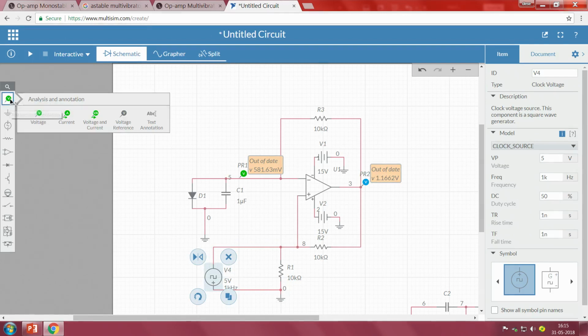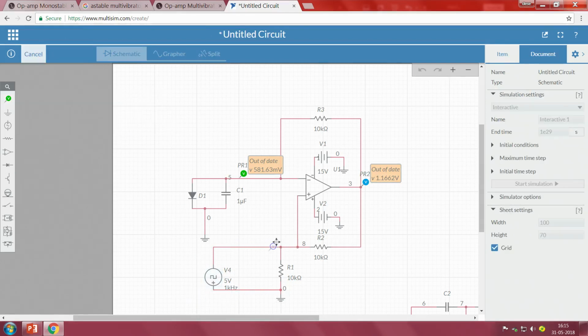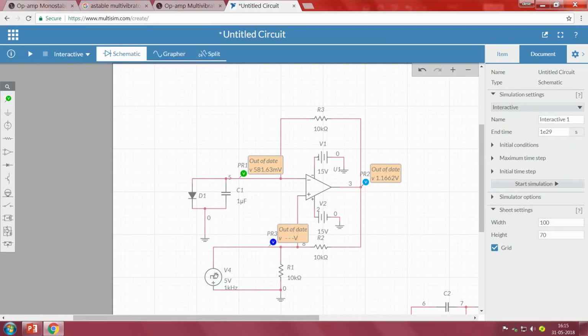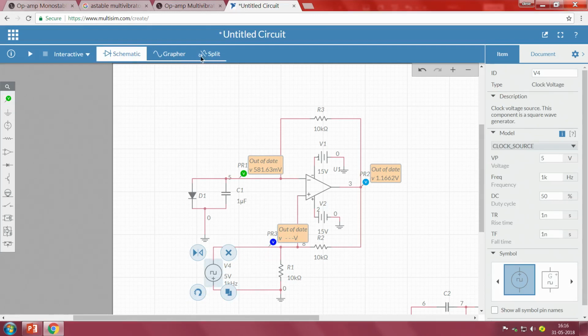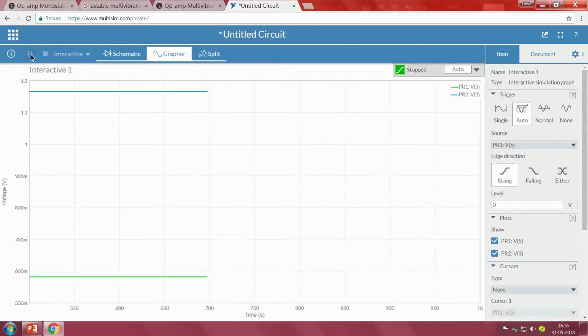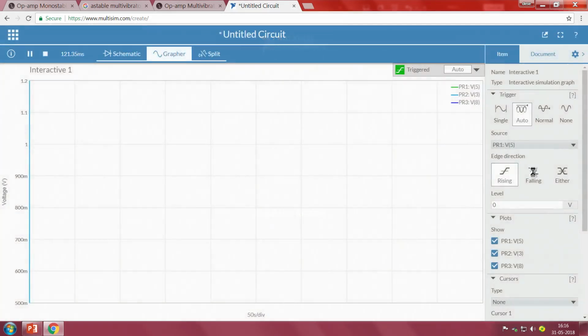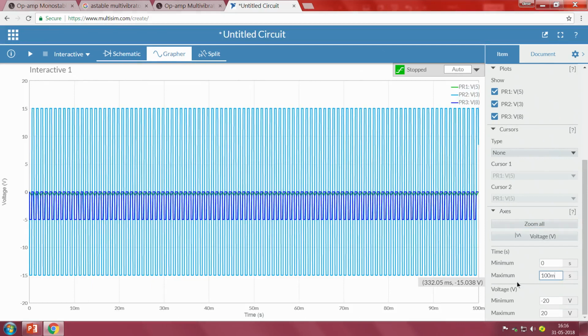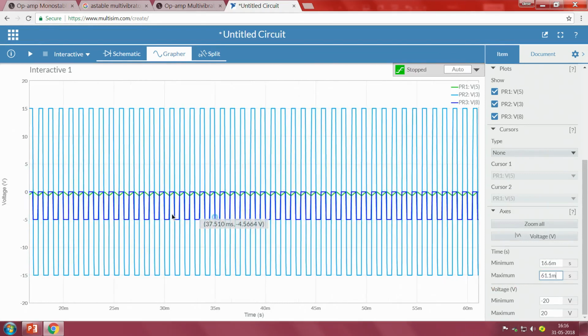If I want to understand, we can take one more voltage source and connect it at this point, and we can observe the dark blue color. So, we can understand the value of it. Now, when I go to the grapher and run the system, for our understanding I will stop it and zoom all voltage, then make this 100 milli. It is like zooming on the x axis, or 10 millisecond, still zooming on the x axis, or still more zooming.